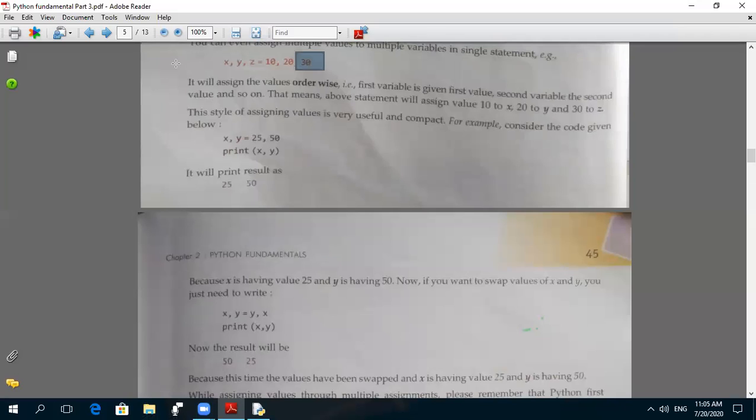See here, if you write like this, x comma y equals 25 comma 50, both values you can print in a single line. Then print x comma y, that means it will display 25 comma 50.